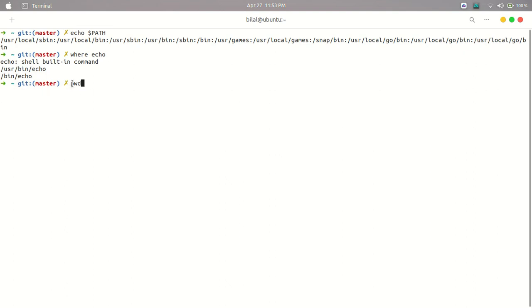So pwd means present working directory. If I click on this, as you can see, I am currently present in my home/Bilal. Bilal is the directory in which I am currently present. If I want to move to the bin folder, I will have to write cd, which means change the directory, to bin. Now if I write pwd again, as you can see, I am currently present